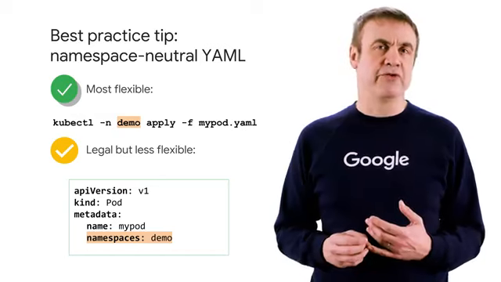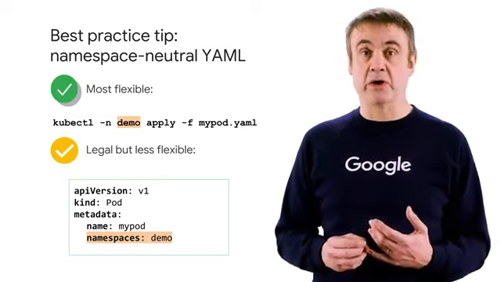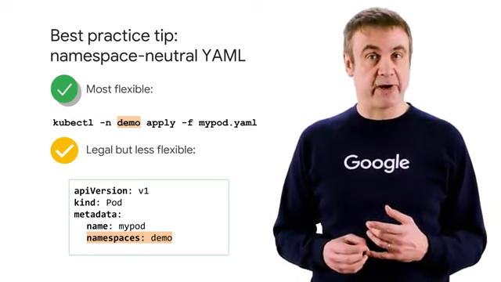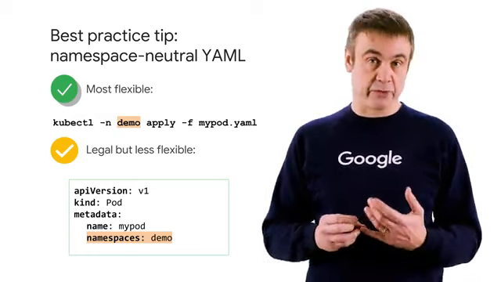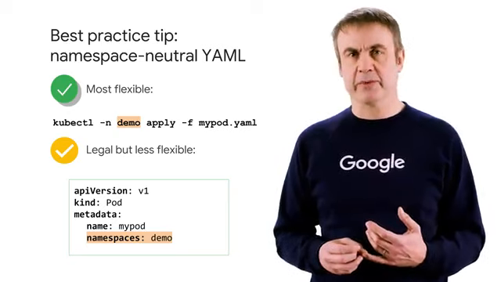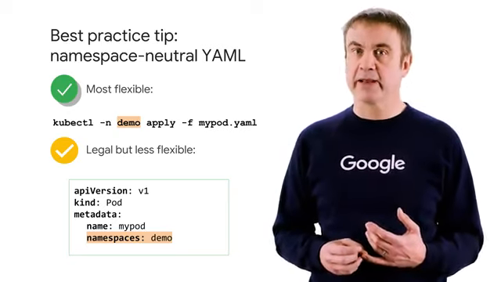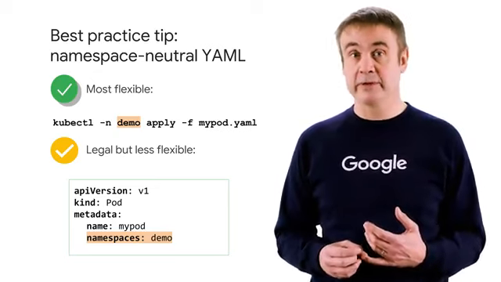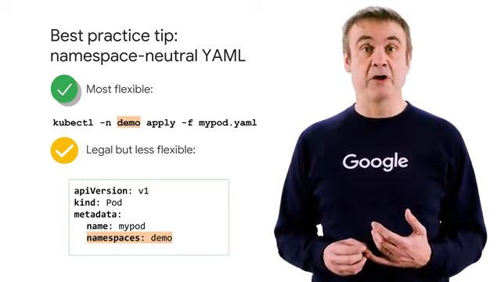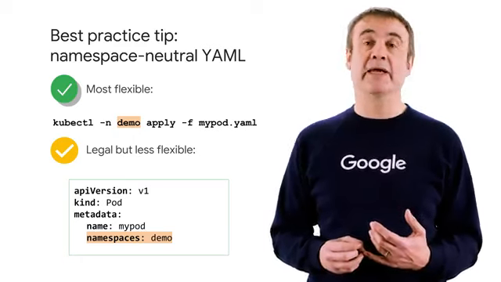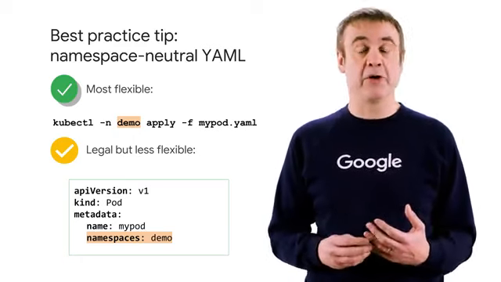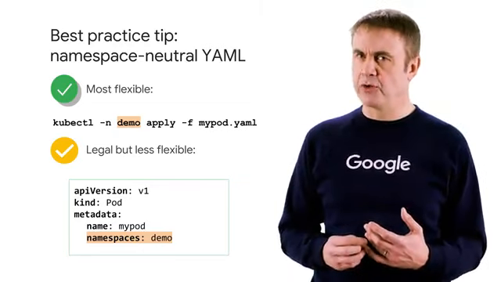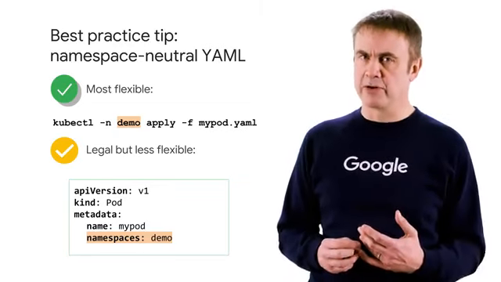You can apply a resource to a namespace when creating it using a command line namespace flag. Or you can specify a namespace in the YAML file for the resource. Whenever possible, apply namespaces at the command line level. This practice makes your YAML files more flexible. For example, someday you might want to create 2 completely independent instances of one of your deployments, each in its own namespace. This is difficult if you have chosen to embed namespace names in your YAML files.